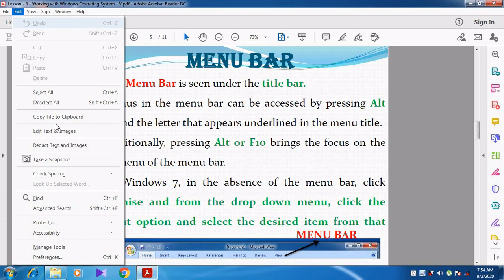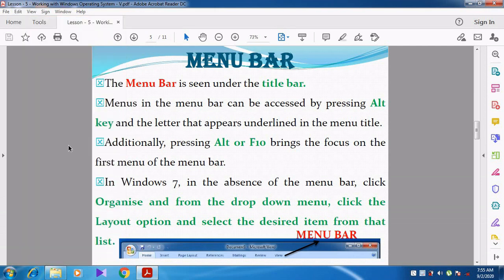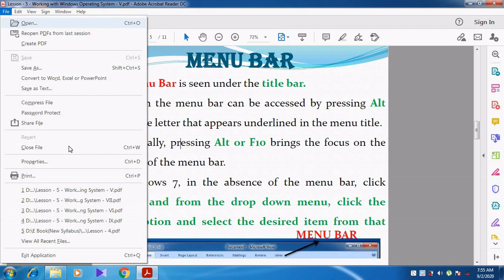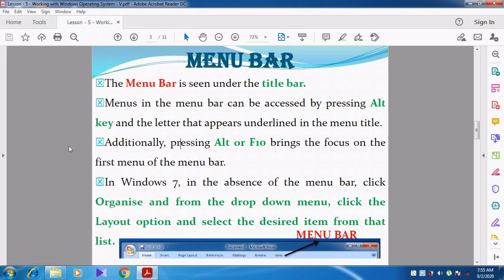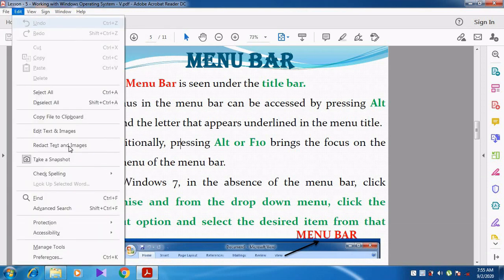Whenever I press Alt plus F, the Alt key is used to access the menu bar, and F is the letter which is underlined. That F letter indicates the File menu. So whenever we press Alt plus F, the File menu is opened. Whenever we press Alt plus E, the Edit menu is opened.